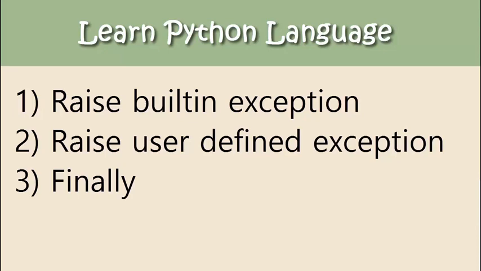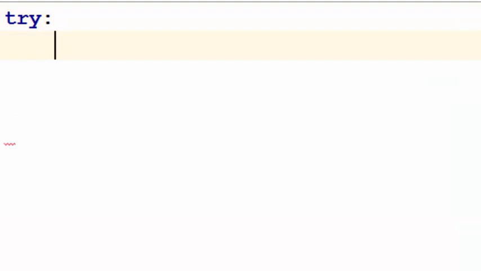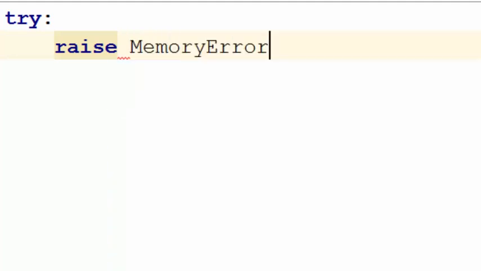So let's begin with how to raise a standard exception. Now, you all know that generally you put the code that you want to protect in a try except block, and if you want to raise an exception within your code, then you will use a raise statement. And to raise a standard exception, you can type in the standard exception name. Now you can just Google Python built-in exceptions to see a list of them. I know that MemoryError is one of the exceptions, so you can just say MemoryError here